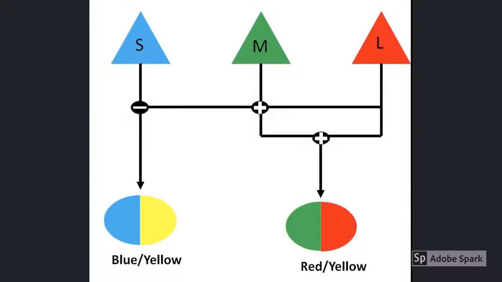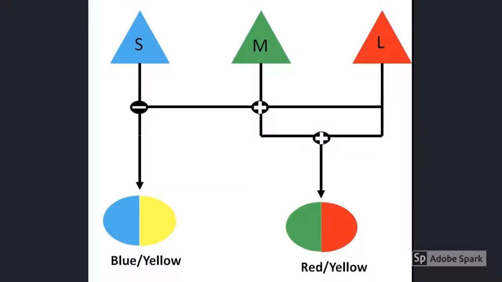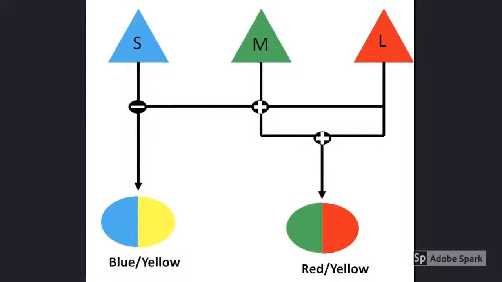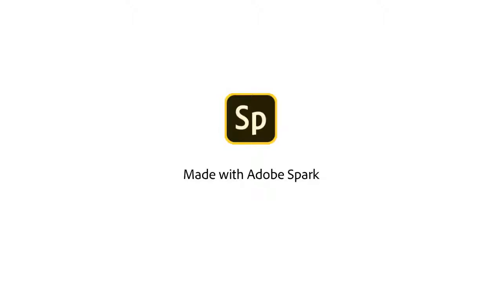Now later on in the nervous system, you do get cells that respond to more nameable colors, like orange or purple or pink or whatever, and don't fall into these three pathways, but that doesn't happen until a much later stage of the visual system. So this is how it happens in the early stages, like the retina, LGN, and early visual cortex. Okay, so questions about any of that before we move